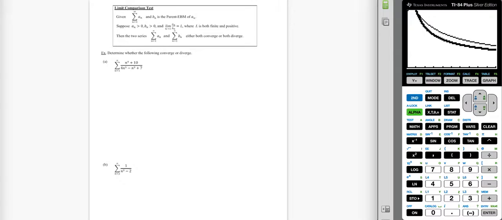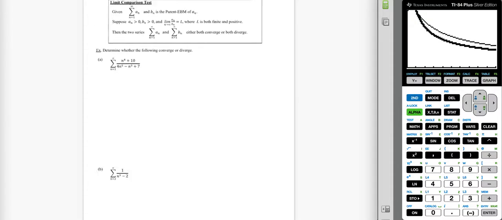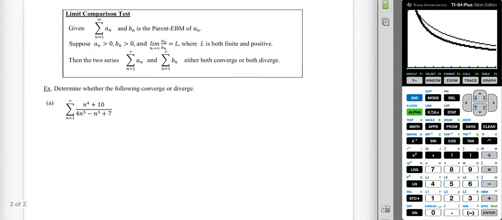Looking at the limit comparison test, and the rule: given the sum of a sub n, as n goes from 1 to infinity, and b sub n is the parent function of a sub n. So a sub n and b sub n are both greater than 0, and the limit, so this is the important component,